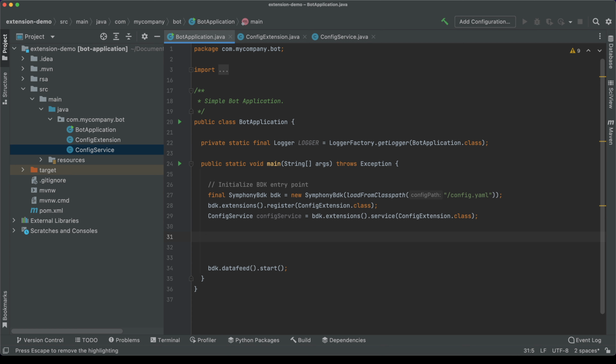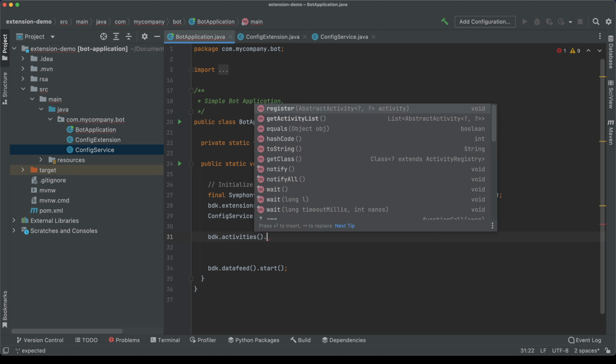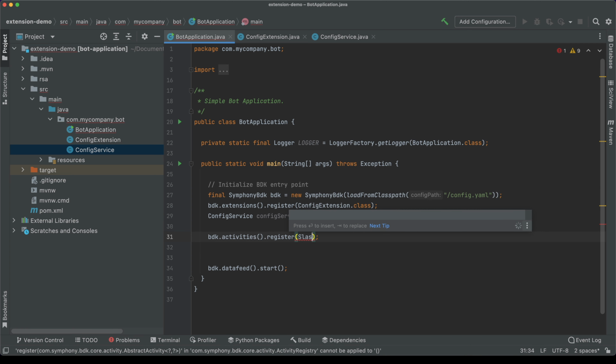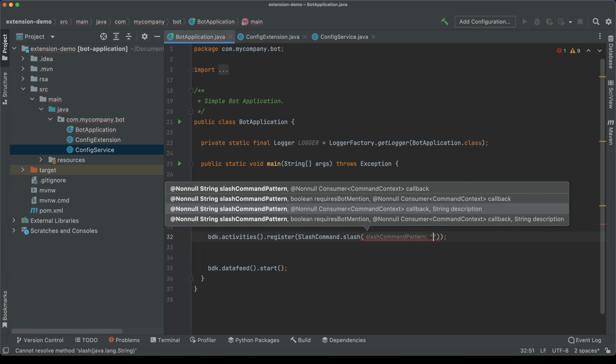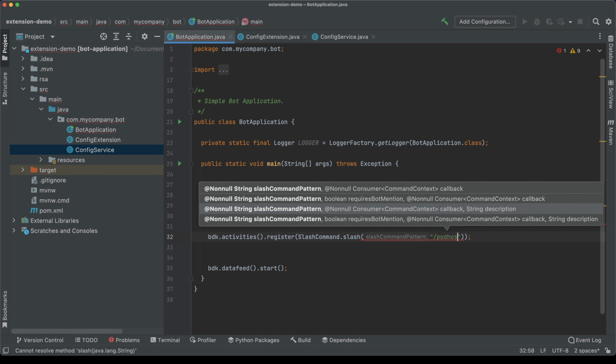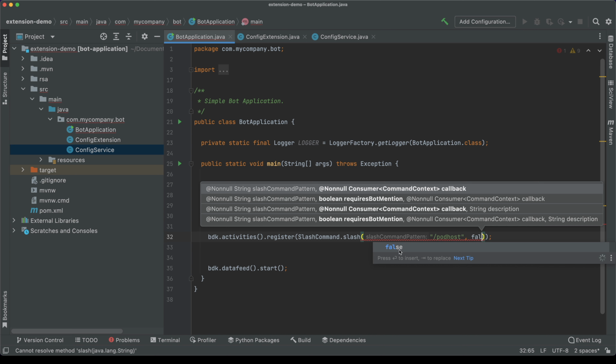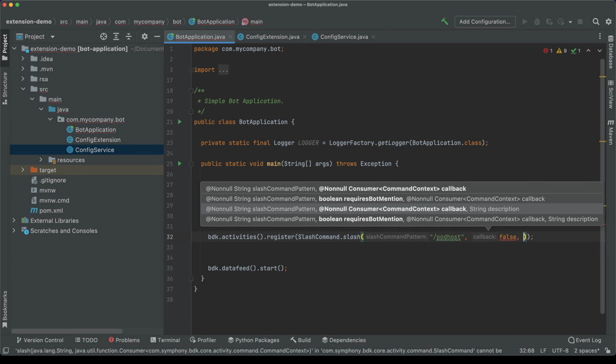Now, we need to instruct the BDK bot that we're going to have a / command for this. So when we run the / command, it's going to get the pod host. So let's do this here. So bdk.activities.register / command, and then we will use / pod host followed by false and then context,